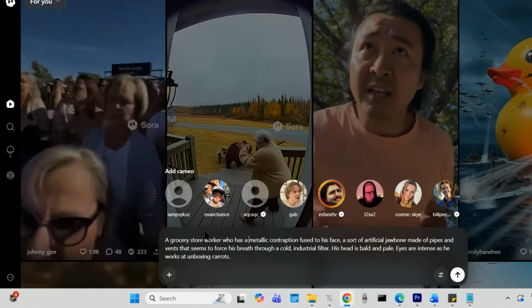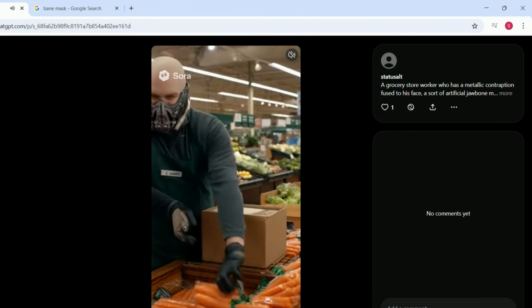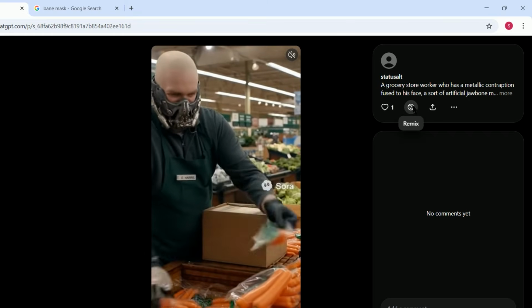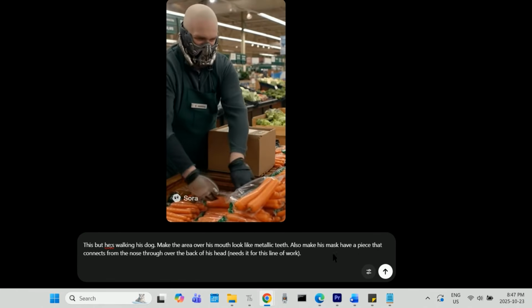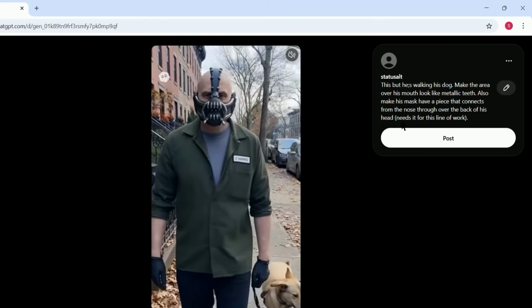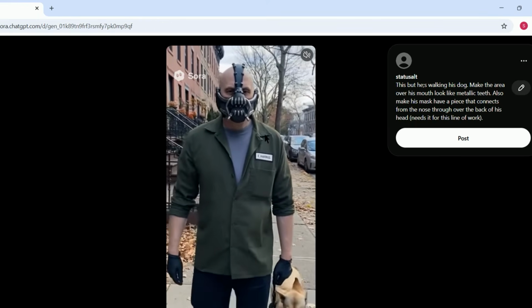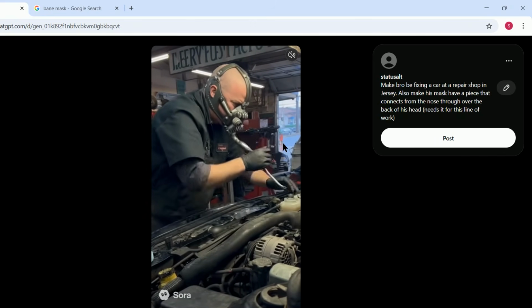Once it makes a video for you without error, now post it. And then you can use this as the base model to create the scenes you want by remixing your own post. But again, if you try to recreate the same looks and settings as the famous person or character as they are well known for, you will get blocked by the Sora second check. It will always look at the final video it creates before it gives it to you.